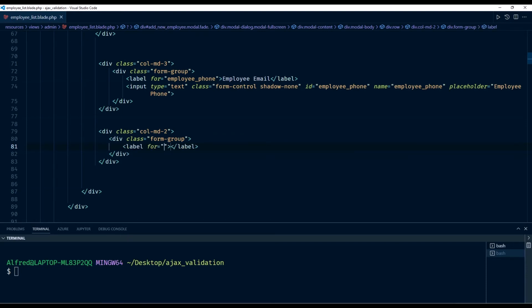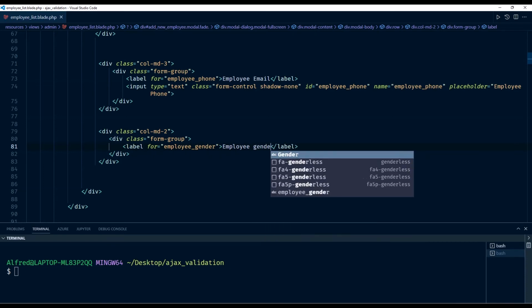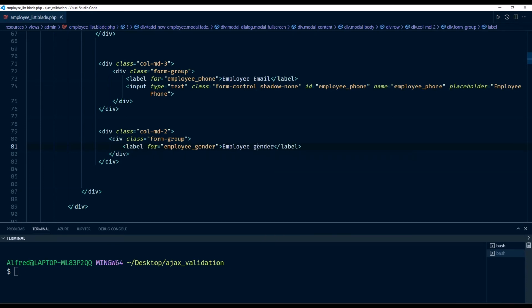It's gonna be employee gender, so employee gender, like that. Gonna capitalize this,